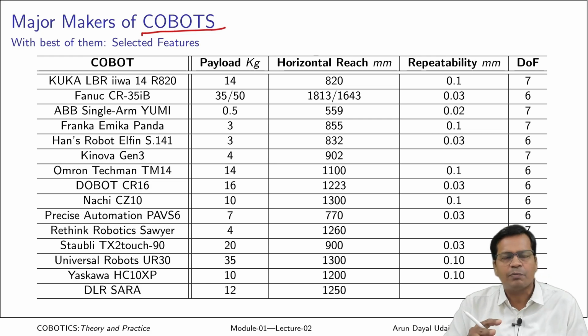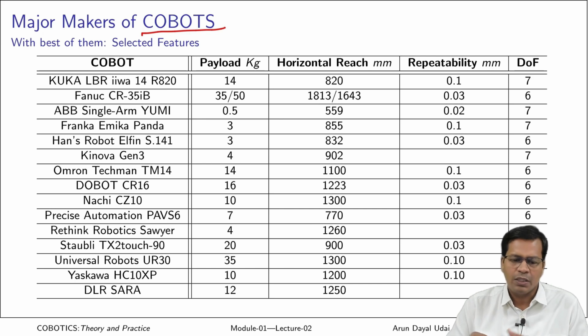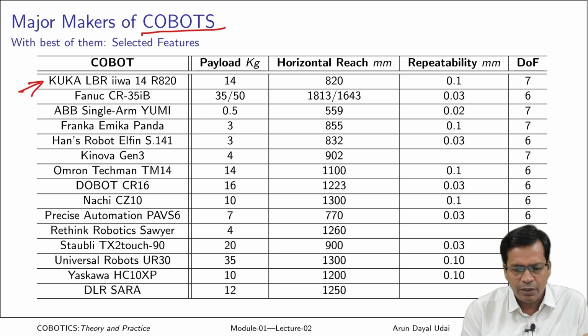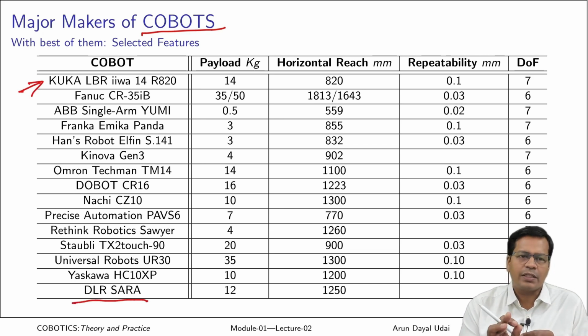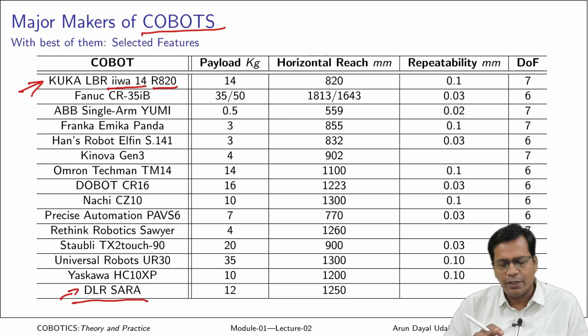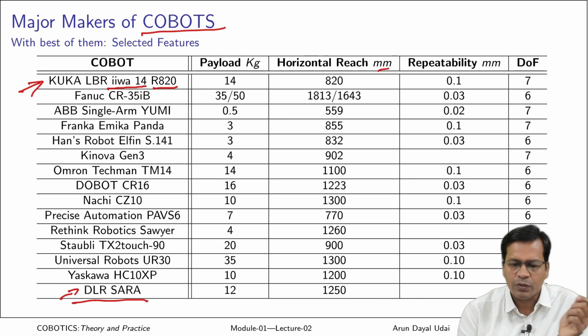There are many established manufacturers who were already manufacturing industrial robots. They came in. First of all is KUKA LBR. Actually, KUKA started cobot making with DLR first, which came up with the KUKA IIWA standard. That was an adapted version of the DLR arm, a 7-DOF arm. First a KUKA LBR 5 kg version was there, and later it came up to a 14 kg version with a reach of around 820 mm. That is what you can see. So, it has a payload capacity of 14 kg.